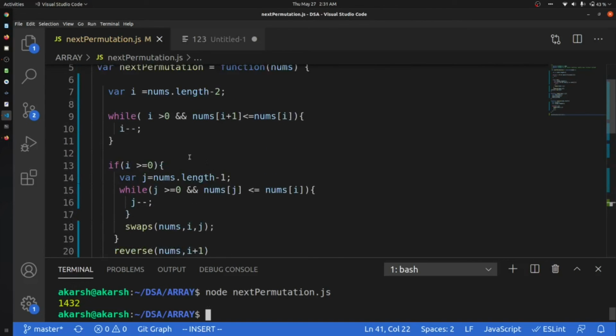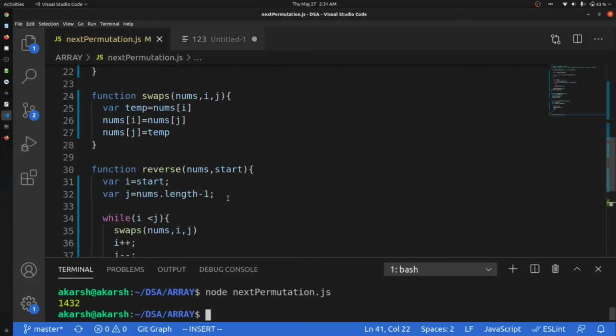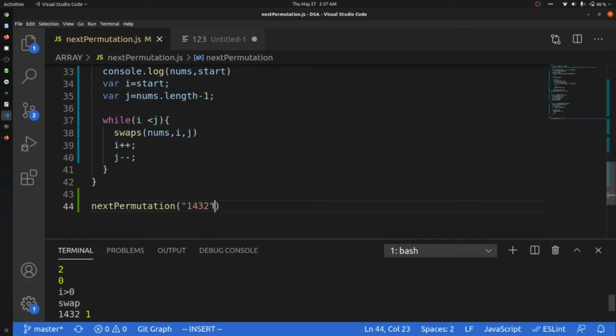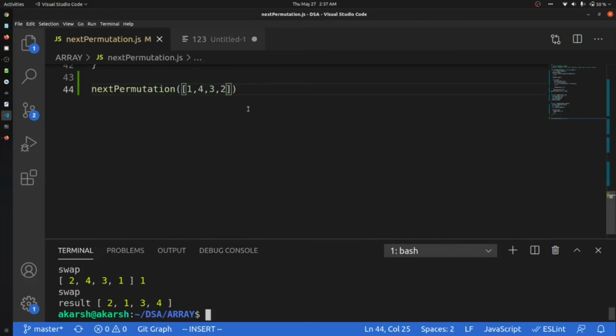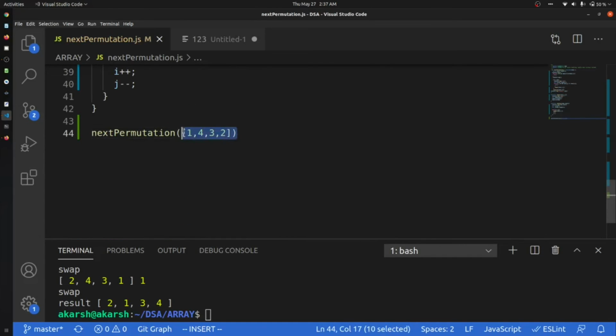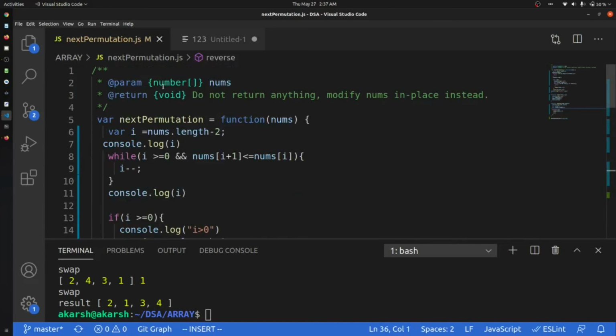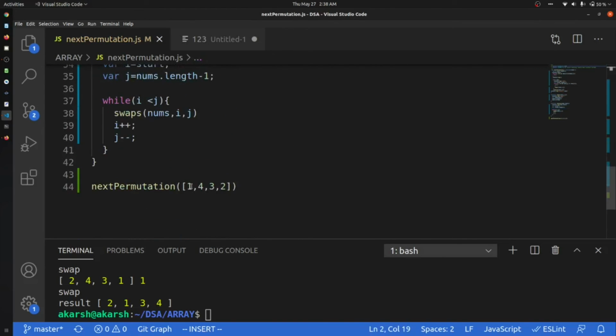Yeah, the mistake was that I have coded everything in the form of an array, and I have even written that the number is an array, and I was passing the number wrong.